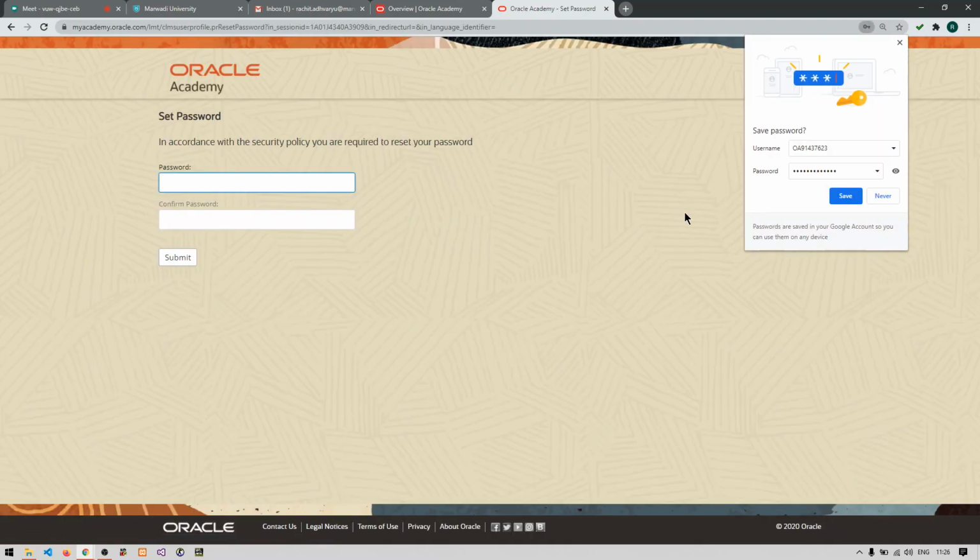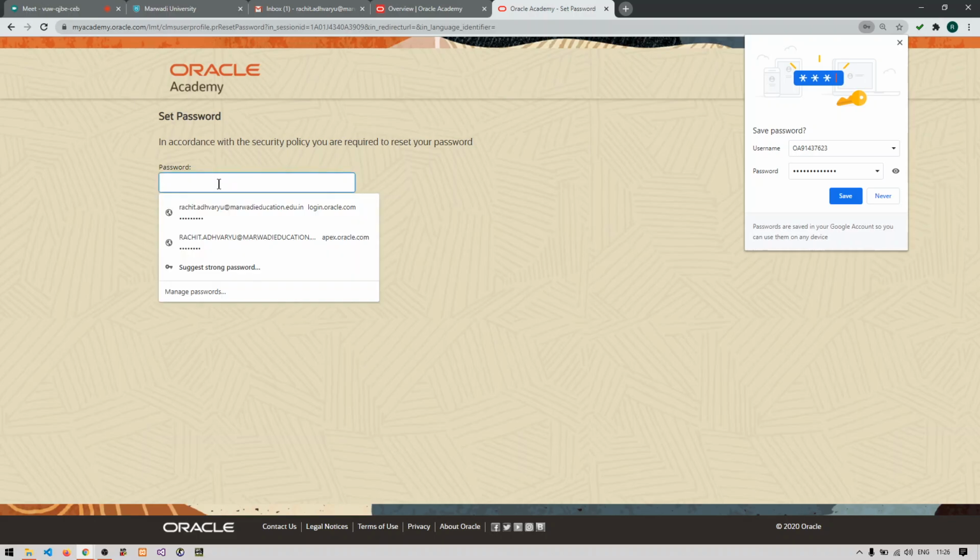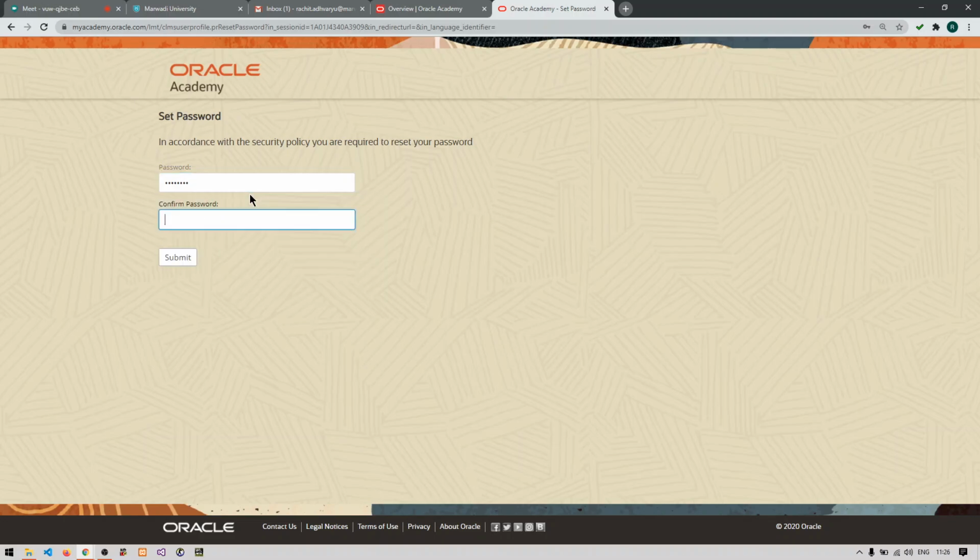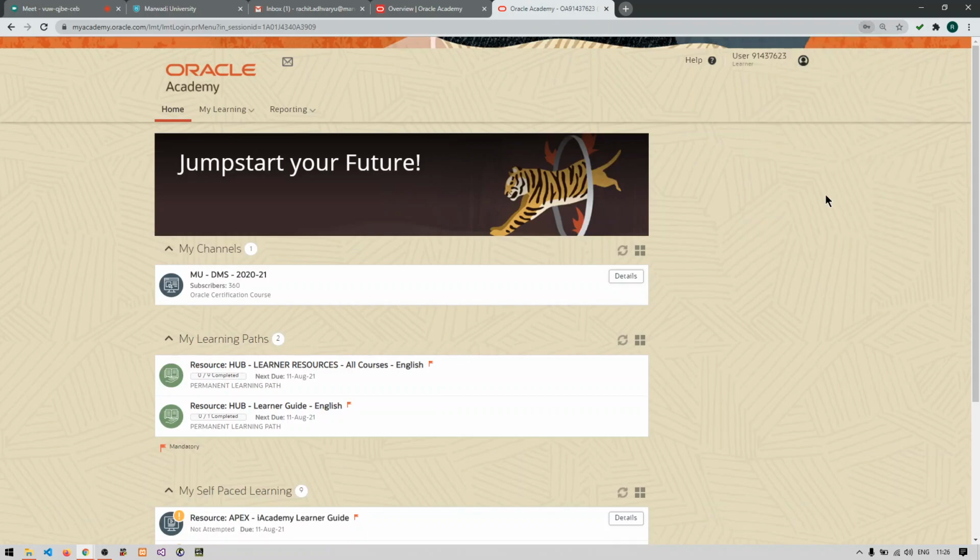Once you are signing in, it will ask you to generate a new password. So just generate the new password, right? And then click on the submit button. Once you click on the submit button, right now on the top right hand side you will see something called user 91437623.